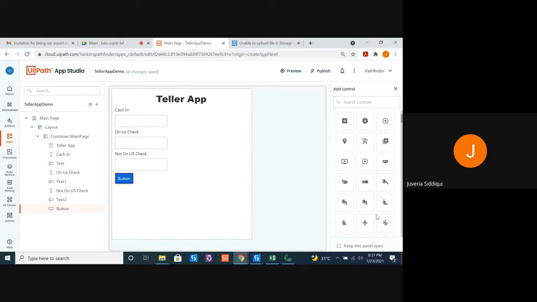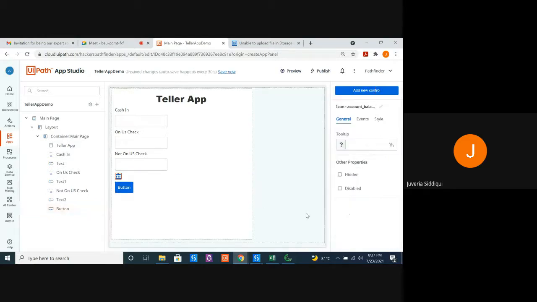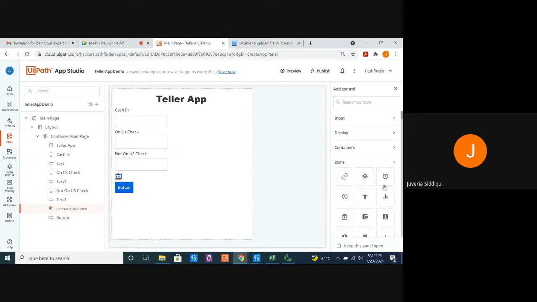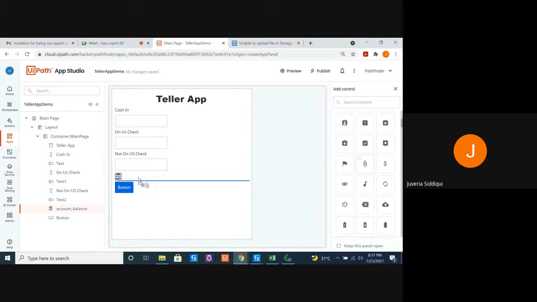From here, you can pick out symbols if you want to make it more fancy. You can pick out symbols for enter, based on your choice. Currently it works as a button. Suppose I bring this icon, and let me add one more icon, this one, to attach a file.